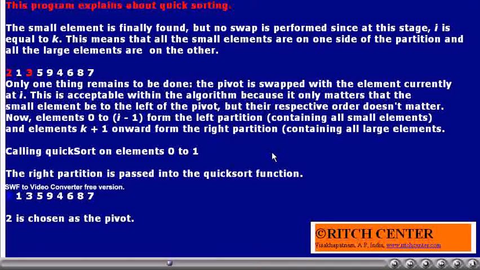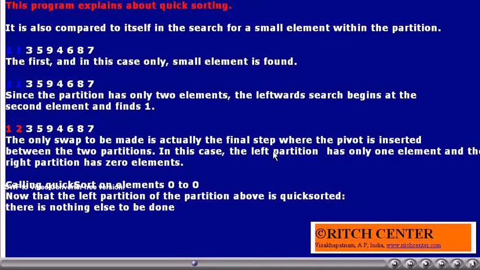The quicksort function is again called. This time we are sending the starting and ending indexes as 0 and 1. And in this partition, 2 will be taken as the pivot element. Since this partition contains only two elements, when the left